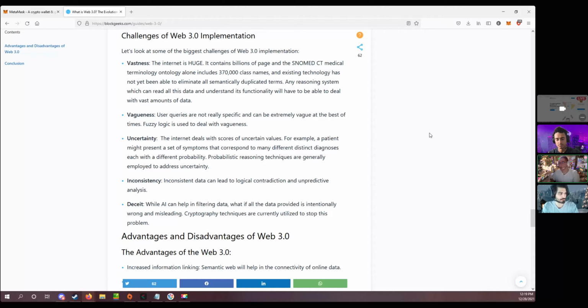I don't know if that's going to be a good thing or a bad thing. Yeah, and there's a lot of challenges like we see here with Web 3.0. When you think of the internet, they're probably understating it here, but there are billions of people using it, so you've got to think about the size it has to encompass. If there's 3 billion people using websites, maybe half of that, or even less, that's still a lot of websites that are going to want to tap into 3.0.